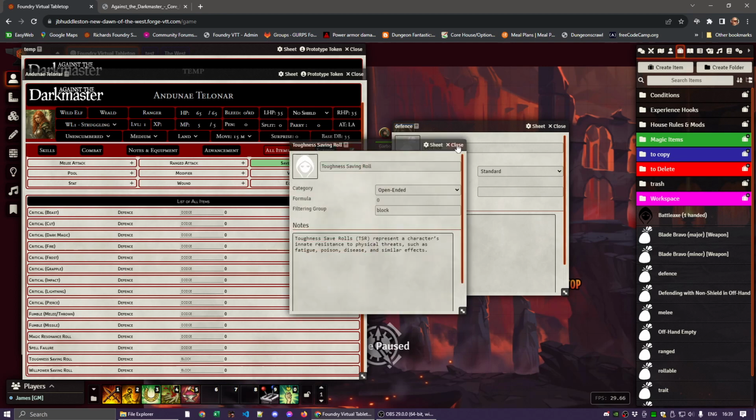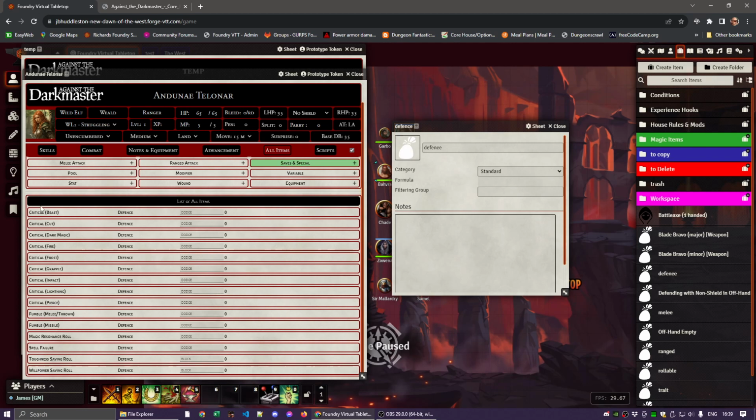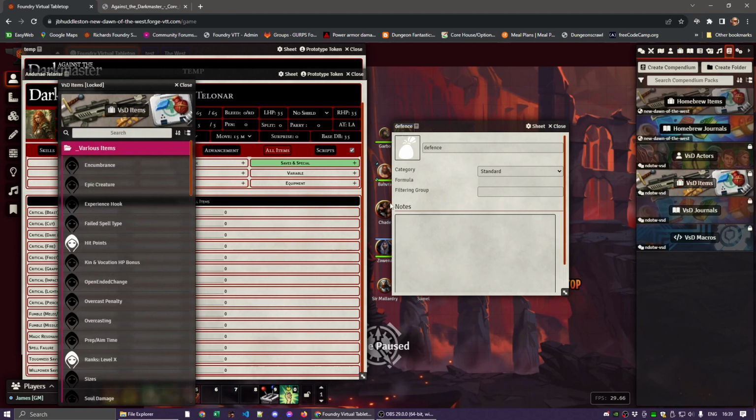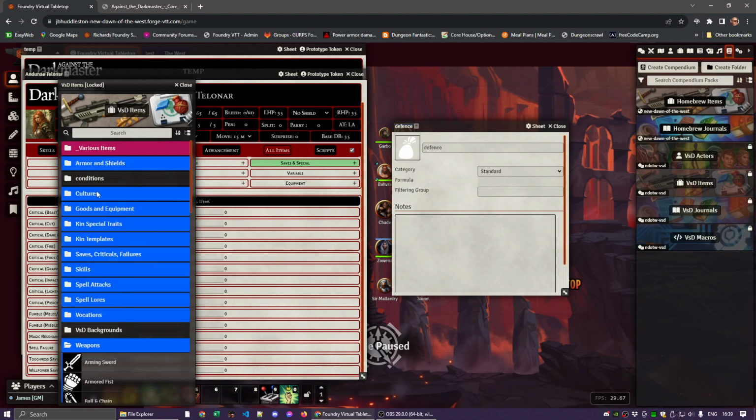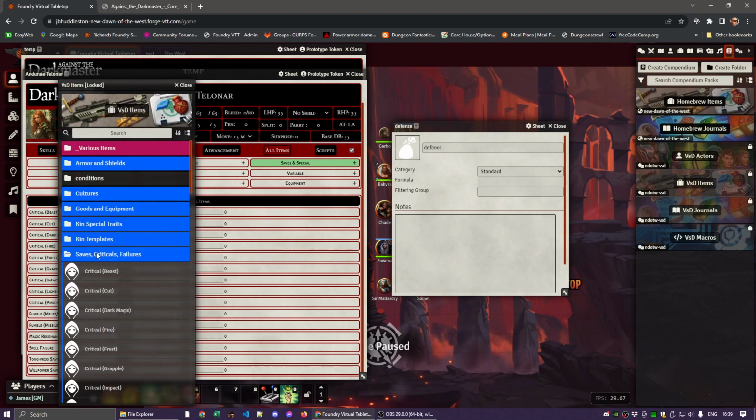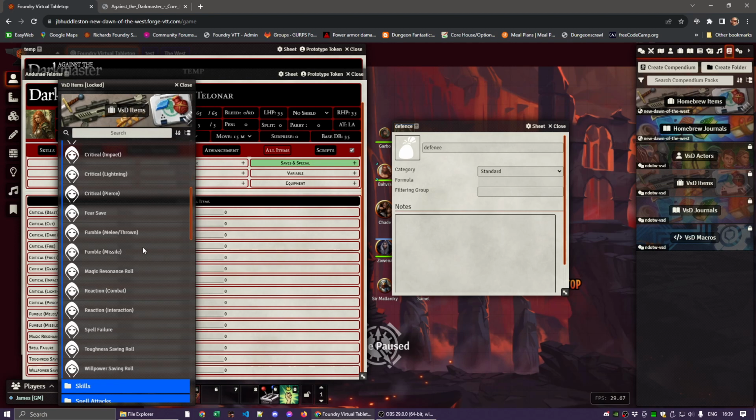Okay. So, it includes all of those things, your defenses. So it's unlikely that you're going to need to make any more of them. They're already all included in the system. And if they aren't on your sheet, then they definitely are in here. So if you can't find it on the sheet for some reason, then